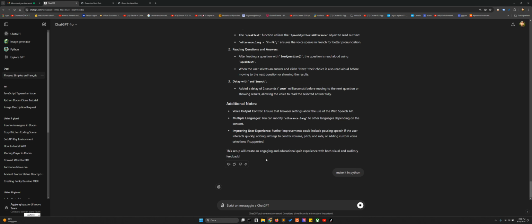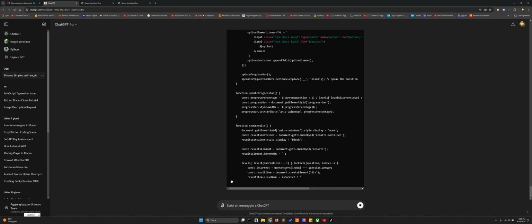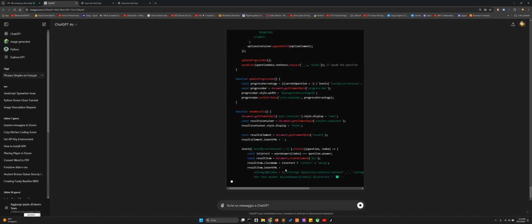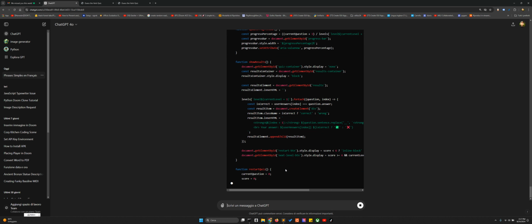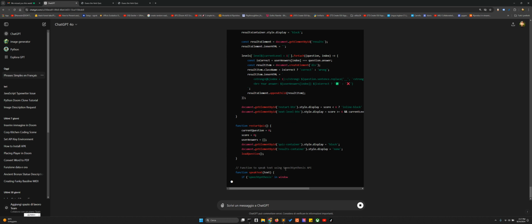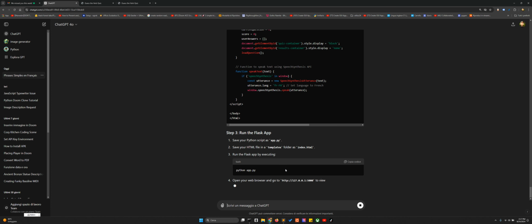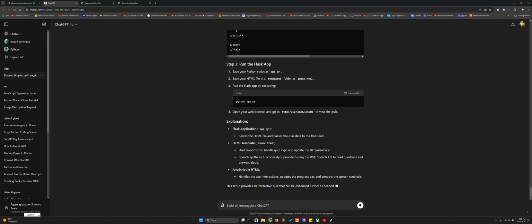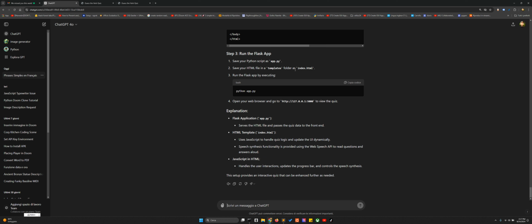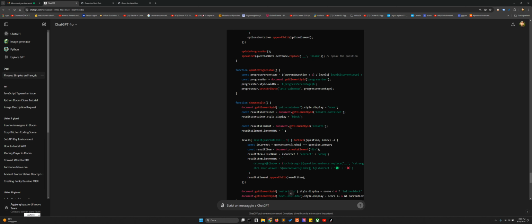Let's continue to generate. As you can see, he's finding some difficulties because now the chat is becoming a little bit too long. Okay, so we have to save the Python script as app.py and save the HTML in a templates folder as index.html, and then run the executing script. Okay, let's just do it and try it just to see